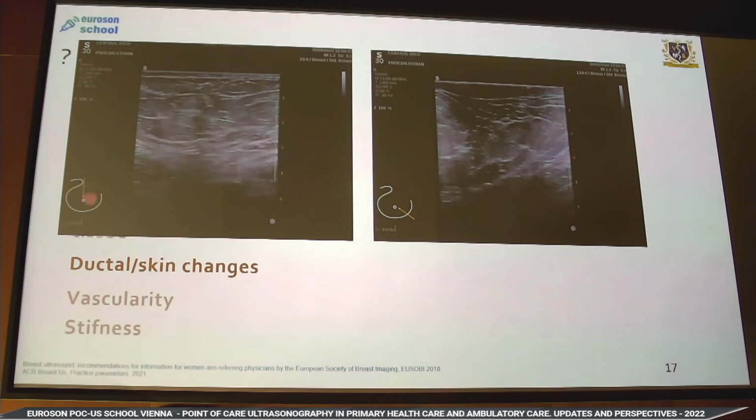This is the left breast, 12 o'clock, normal skin. You don't necessarily have to measure it. This is the same breast, the same patient, 5 o'clock. Look how the skin looks. So whenever you see this edema and all the structures beyond it are, let's say, correct, this is a high-risk